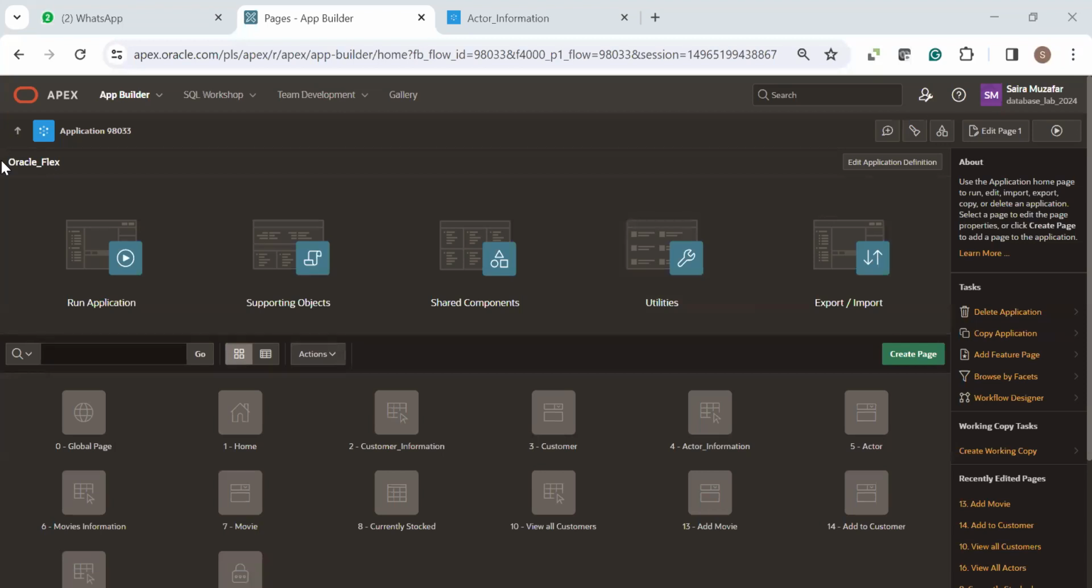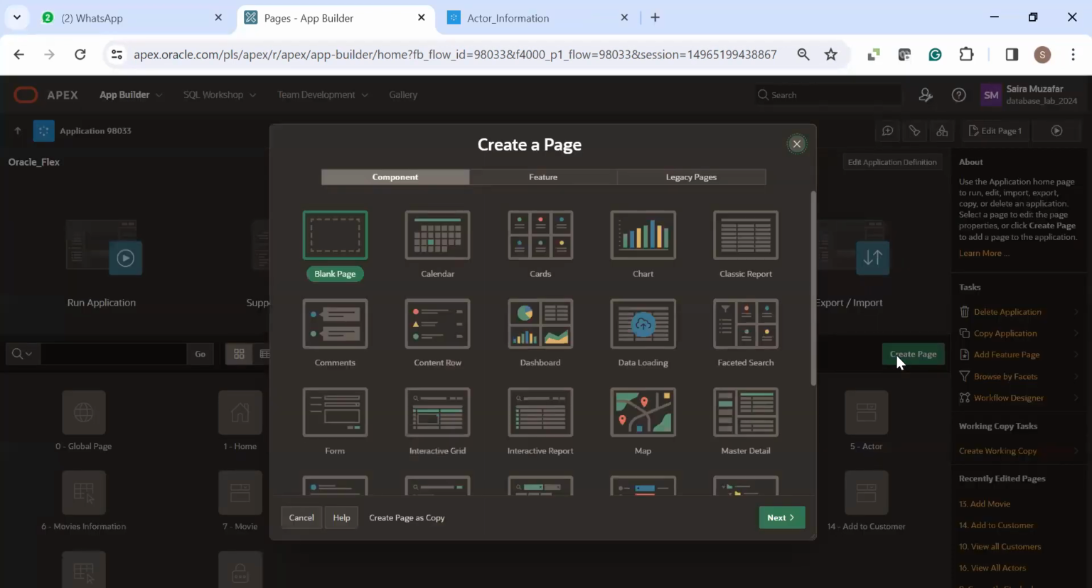Okay, welcome students. Now we are starting or completing our third activity, which is about adding computations, processes, and validations to the form, right? In part one, we created the forms on the two tables, customers and movies. Now the third form I'm going to create is for the actors. So create page with the same steps, select form,